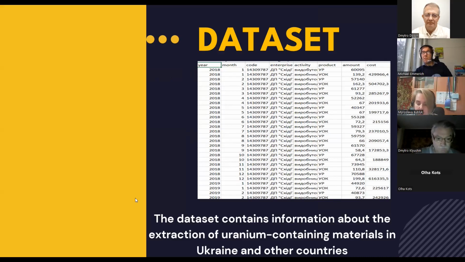The database contains information about the extraction of uranium-containing materials in Ukraine and other countries. The dataset is named Quality of Produced Nuclear Waste from 2015 to 2021 in Ukraine. The dataset contains information about the available amount of nuclear waste for the years 2018-2021. The state enterprise Eastern Mining and Processing Plant is a state-owned enterprise, one of the 28 uranium mining centers